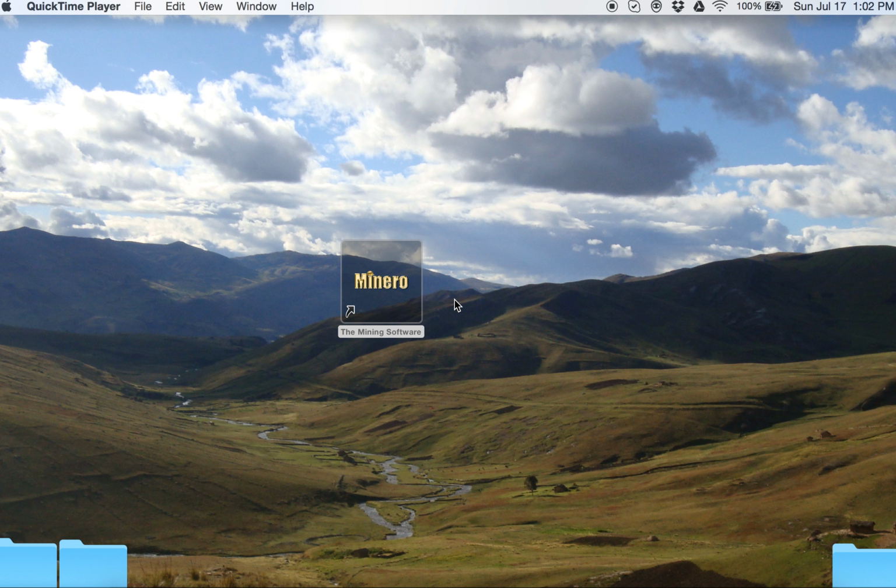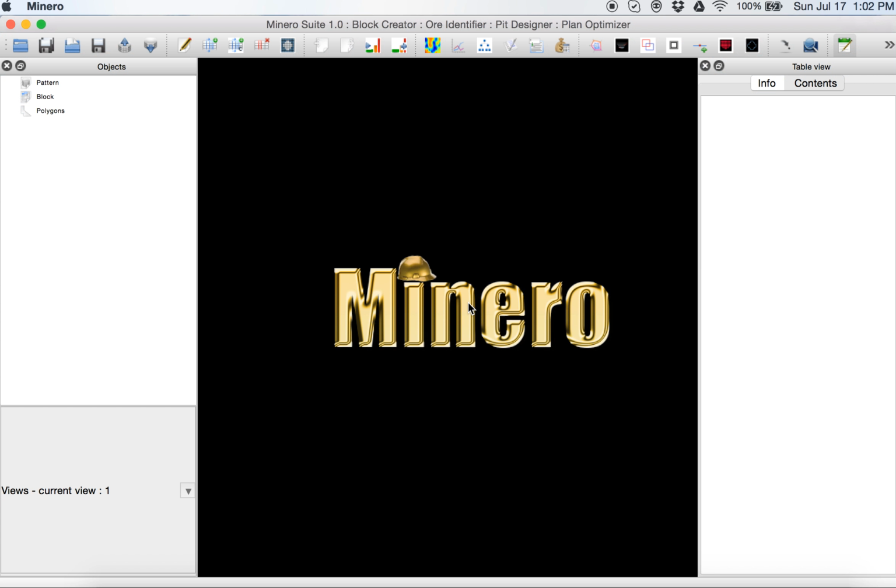We can use middle benches and crest and toes to do that. In this particular exercise we will use mid benches. With the Smart Pit Design tool, engineers will be able to get their optimal pit design, dam designs and plans. Let's double click on the Minero icon to start. First we are going to load Marvin Topo.